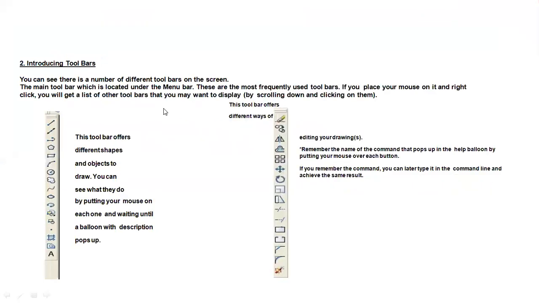Then these are the introductory toolbars. In those toolbars, you may find the basic commands which are required to draw, and to modify the same we require the modifying commands.